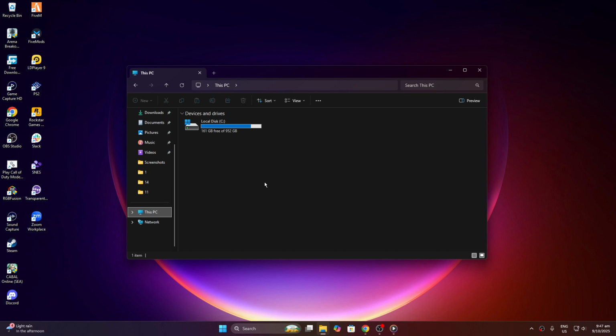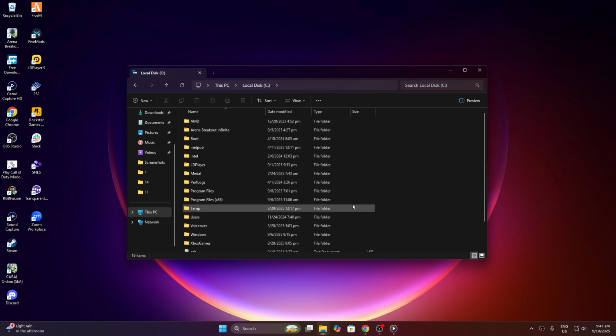Now, what we need to do is locate the local drive where you have installed Steam. This is usually marked as the C drive on most systems unless you've installed it elsewhere. So, go ahead and click on this drive, which opens up a list of all the main folders and files